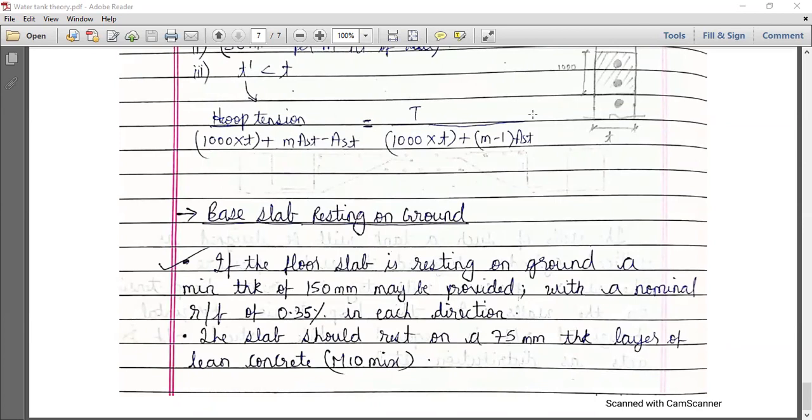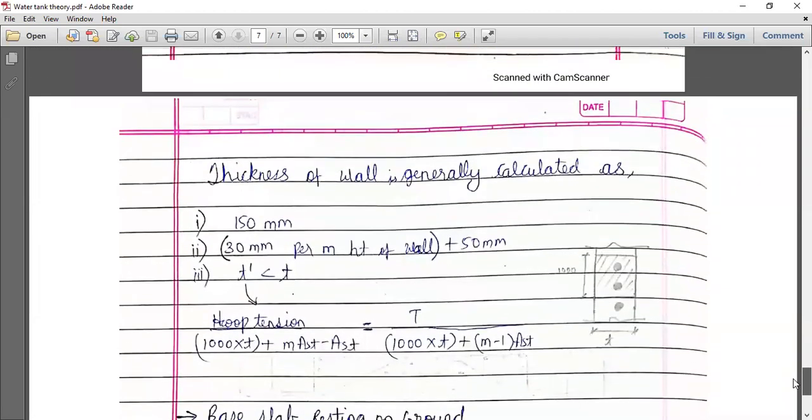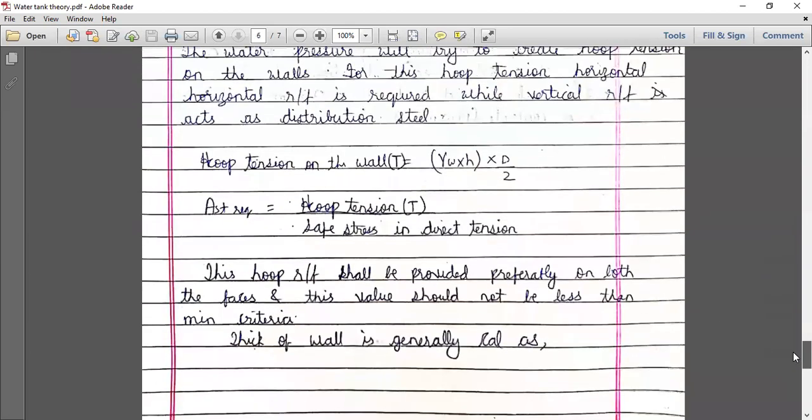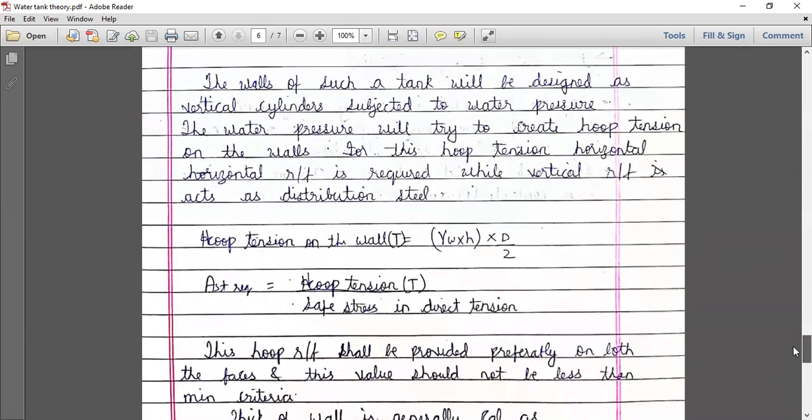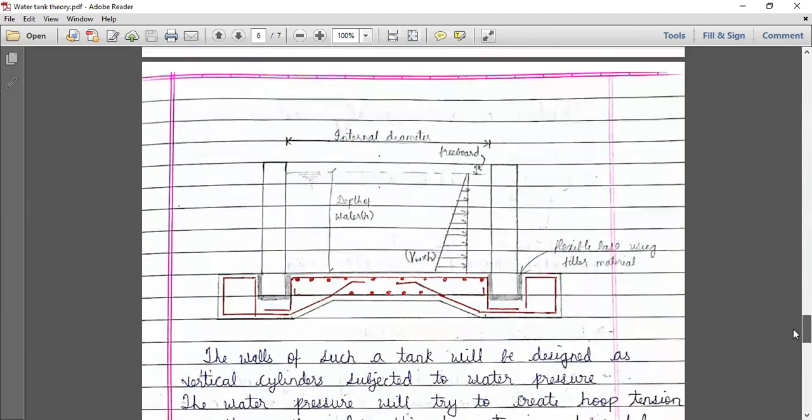Okay. So I think with this we have completed the theory part of the water tanks. So now with the help of this we can start with the numericals. In the next lecture we will start with the numericals on water tanks. So just revise this whenever we start with the numerical. These things you should remember. The basic criterias, the basic equations.